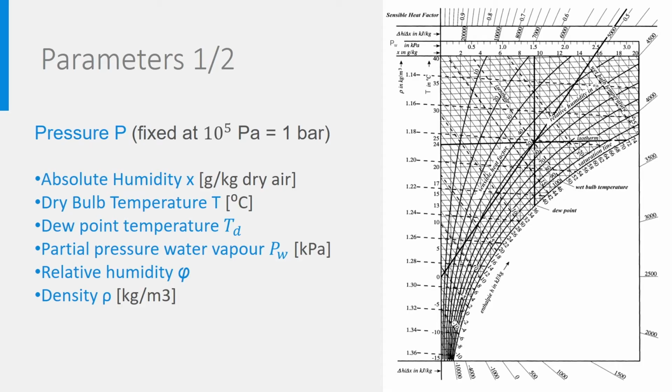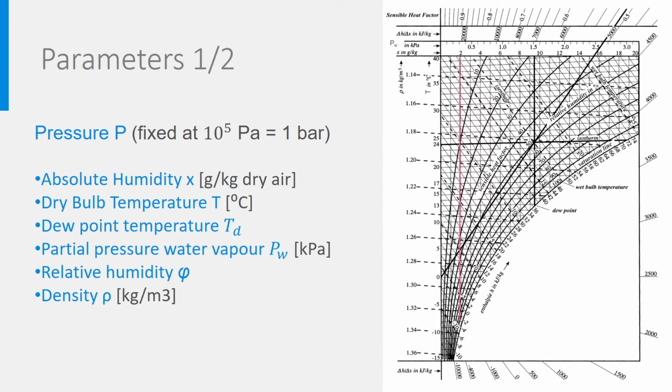Well, this is how the Mollier diagram for humid air looks. Let's make first a review of all parameters in this chart. First, we have on the x-axis the absolute humidity. The x-axis is plotted above the diagram, unlike what we did in the slide before. The scale goes from 0 to 20 grams per kilogram dry air.